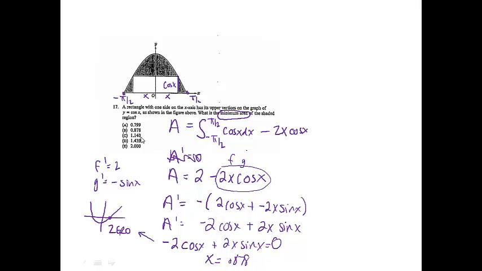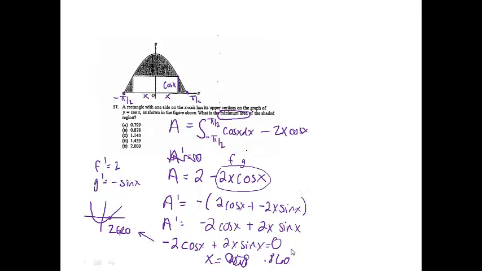At first I thought, oh no, well, that was a choice, but that's not the right answer. Actually, x is equal to 0.860. So I was thinking, all right, I got close to a right answer, but not the right answer, so what's going on? When I realized that I found where the minimum area would occur, but I didn't find the minimum